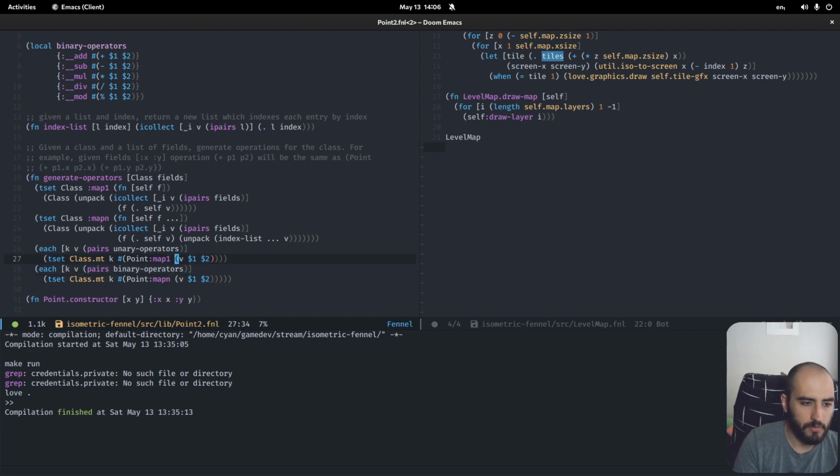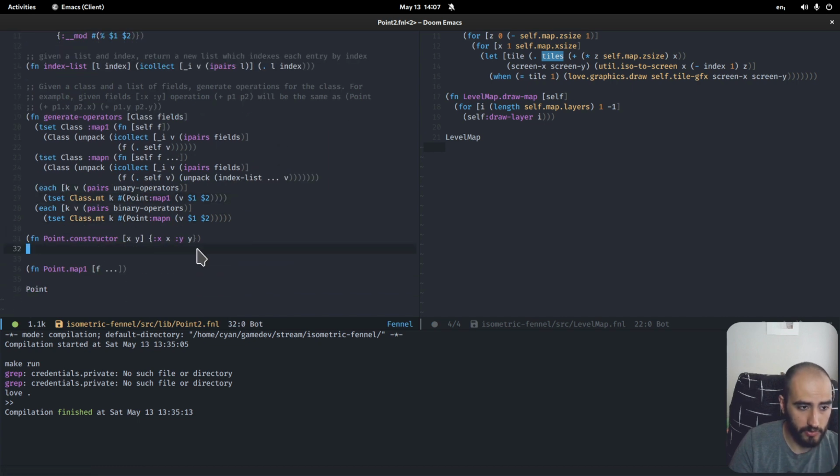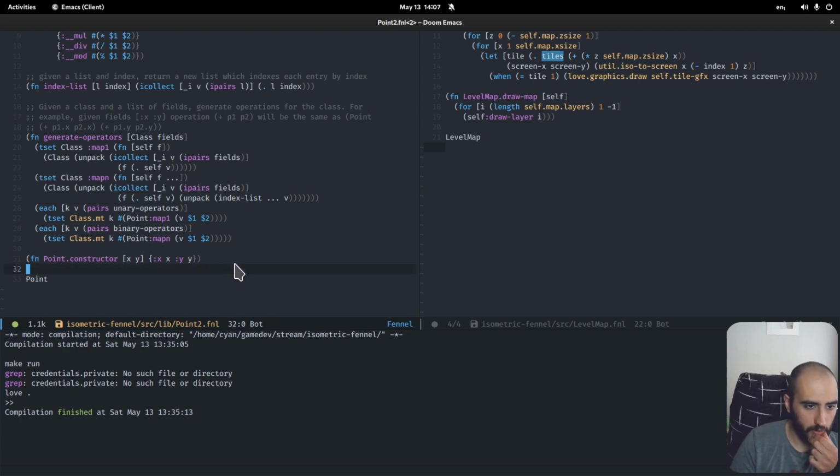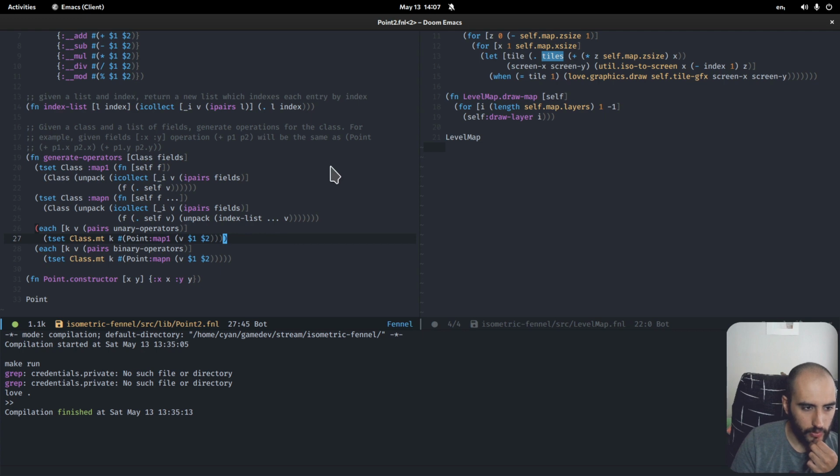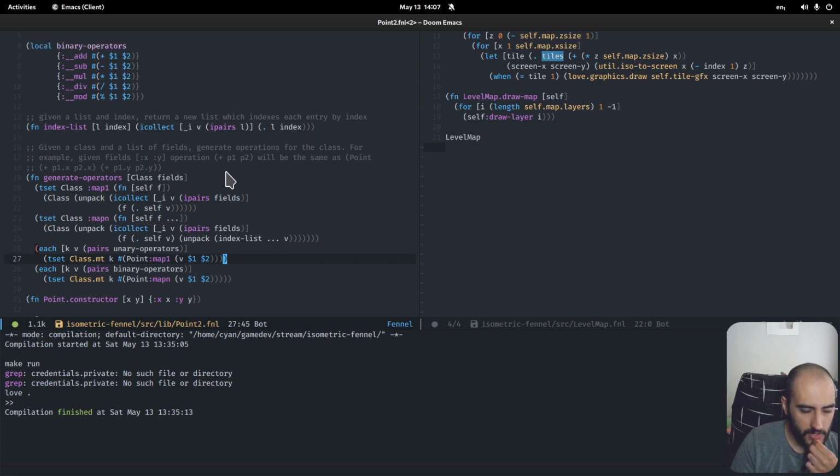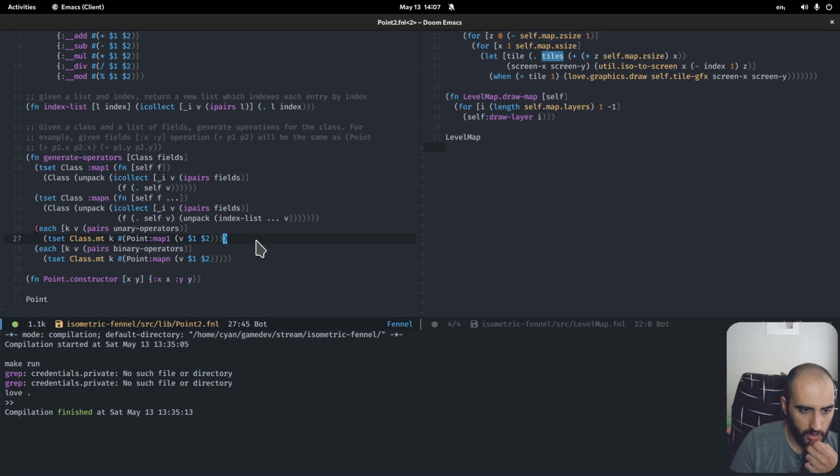So map 1, I'm going to look through this because I think this code is erroneous. I'm pretty sure I've got lots of little errors that I can flatten out here. For each unary operator, give the meta table a field, which is the name of said operator. All good so far. And calling it will call the map1 function